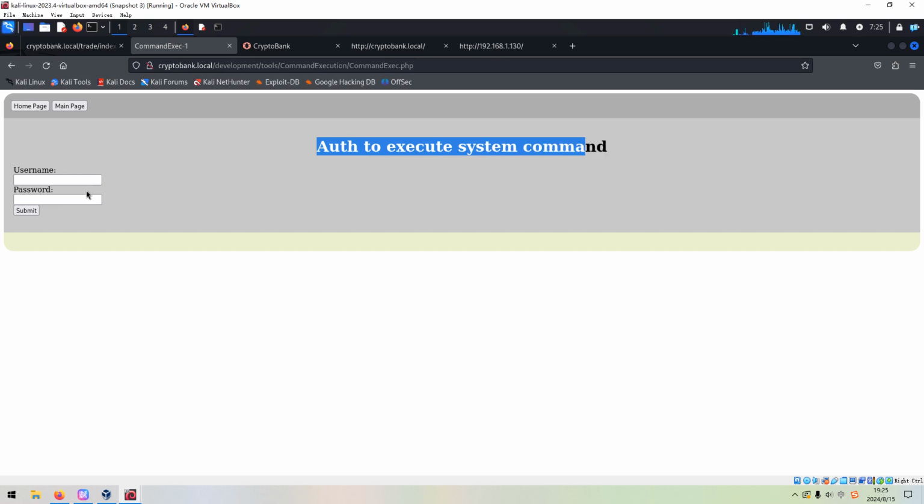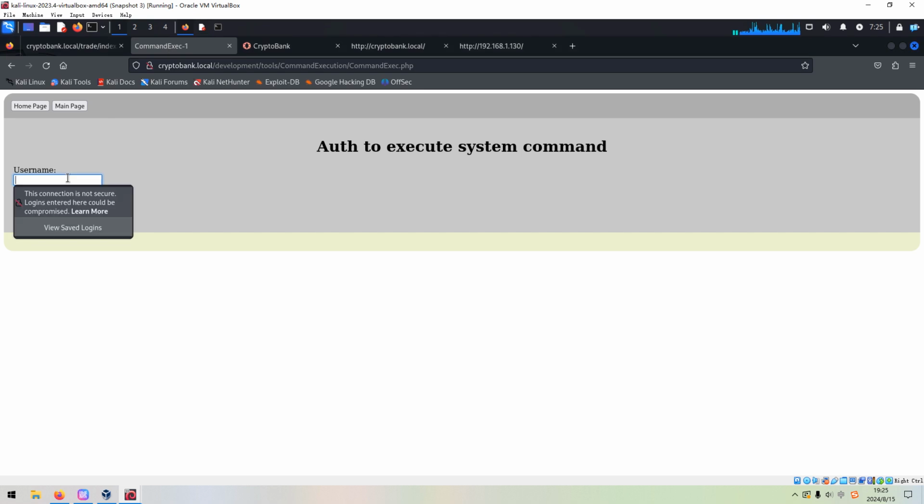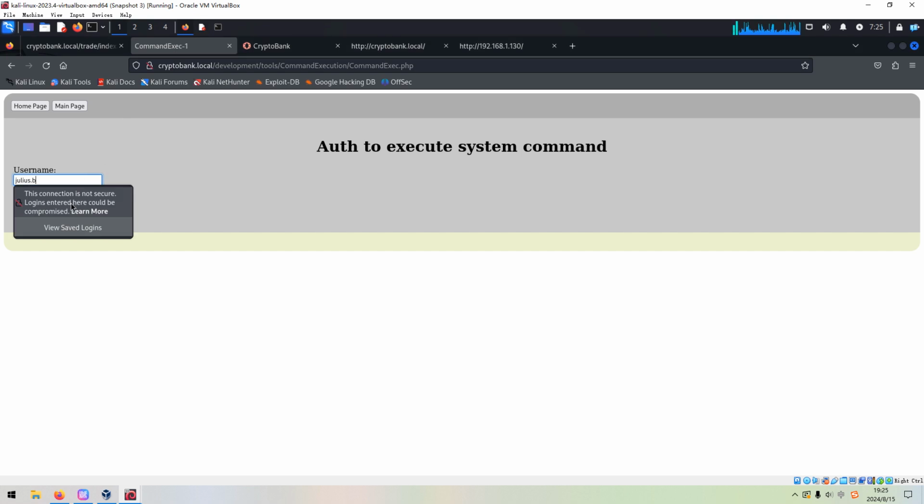However, we need to provide the username and password, so we can use the same credential to try and copy the password as well. Submit. It doesn't work. So before that, we can also try to use the login bypass technique.